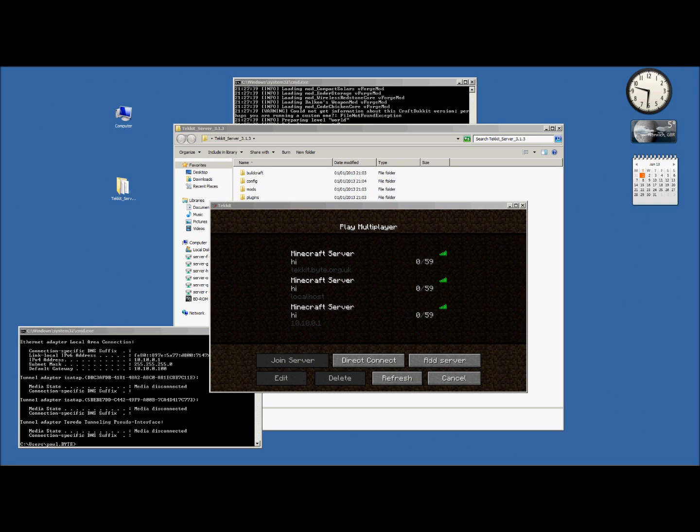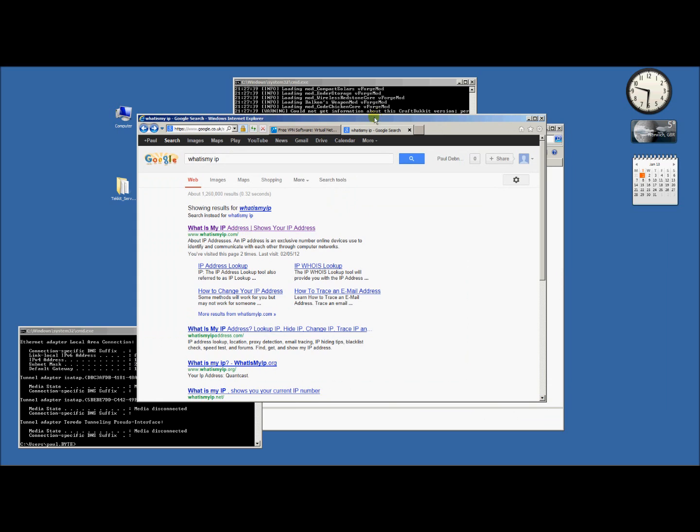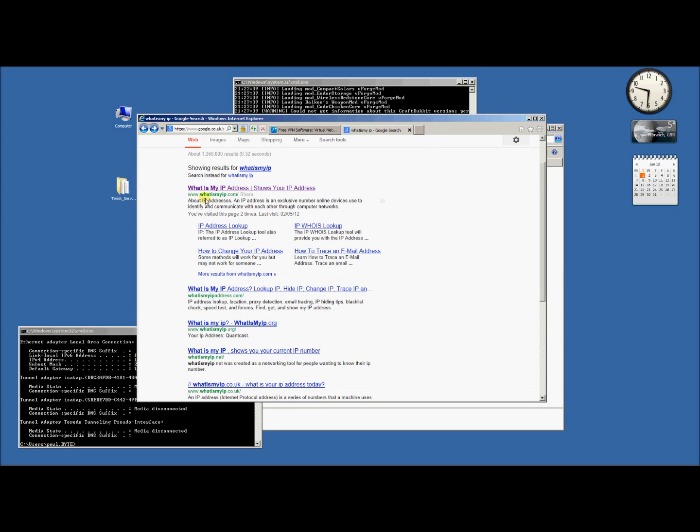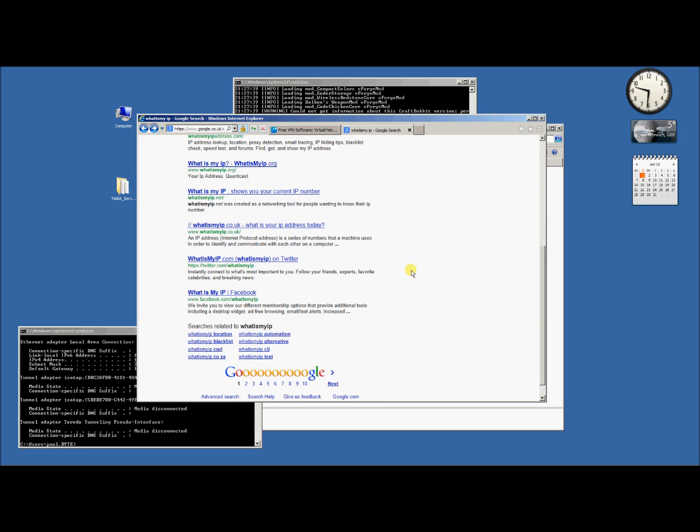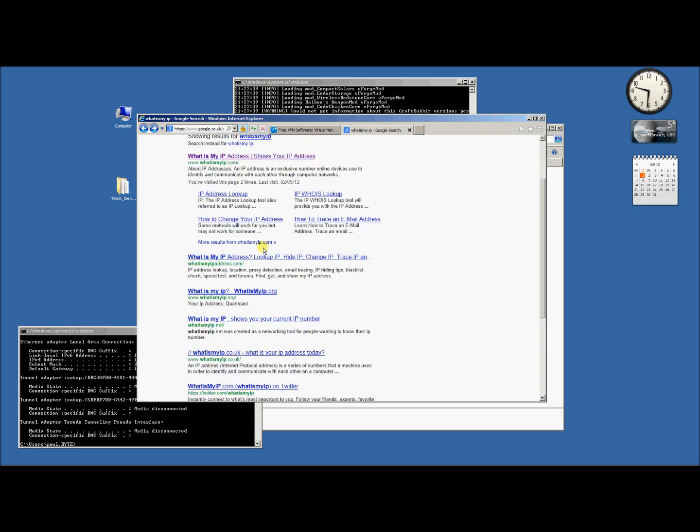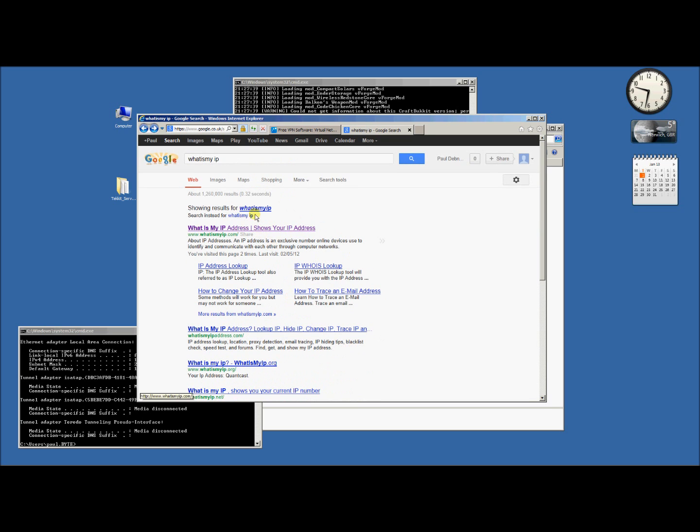It's fairly simple. To get the external IP, which people need to type in, all you have to do is Google, here we are, Google what is my IP, and you'll come up with a whole load. I generally use whatismyip.com. I think there's IP Chicken as well, and a few other little ones which you can use. It'll literally just show a web page, and at the top there'll be a whole set of numbers,